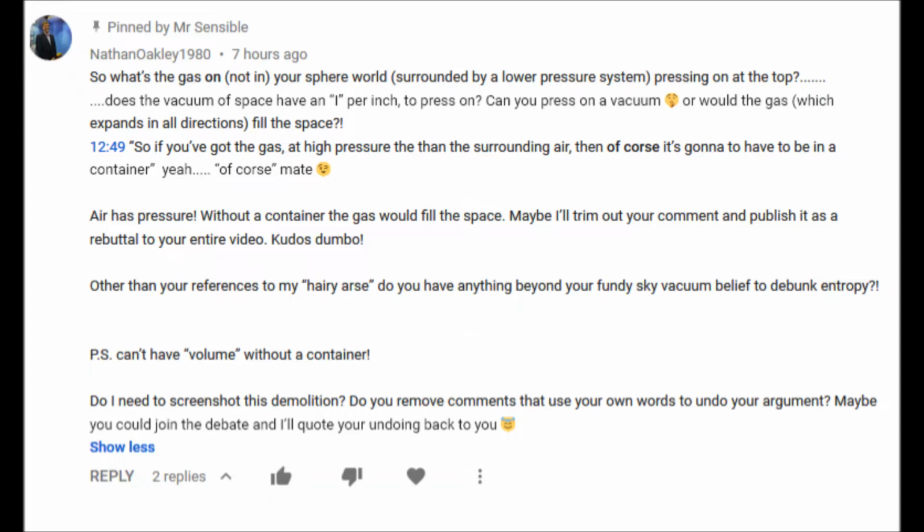As Randall had been trying to explain on the stream, you don't have an S1 and S2 right next to each other. You've got a gradient. So if you took space being an absolute vacuum, I know it's not, but if you took that to be an absolute vacuum, then the very, very edge of our atmosphere will only be the odd molecule. What you're not doing is putting sea level air pressure, 14.7 pounds per square inch, next to that vacuum, because under those circumstances, yes, it would expand in all directions and try and fill the space.